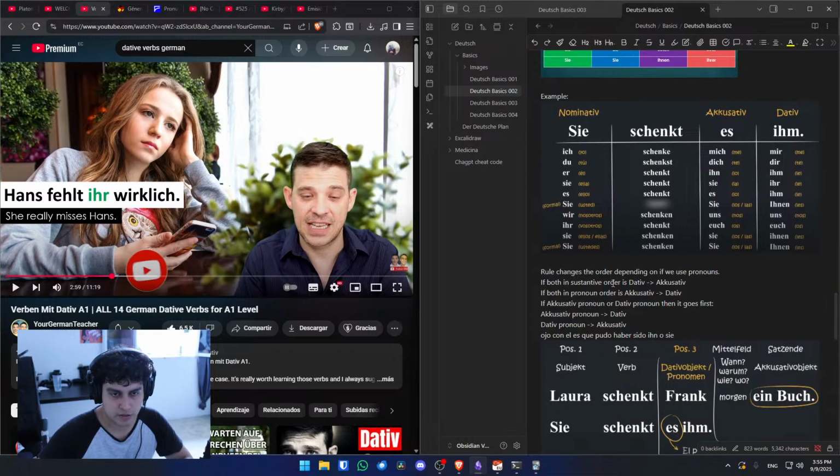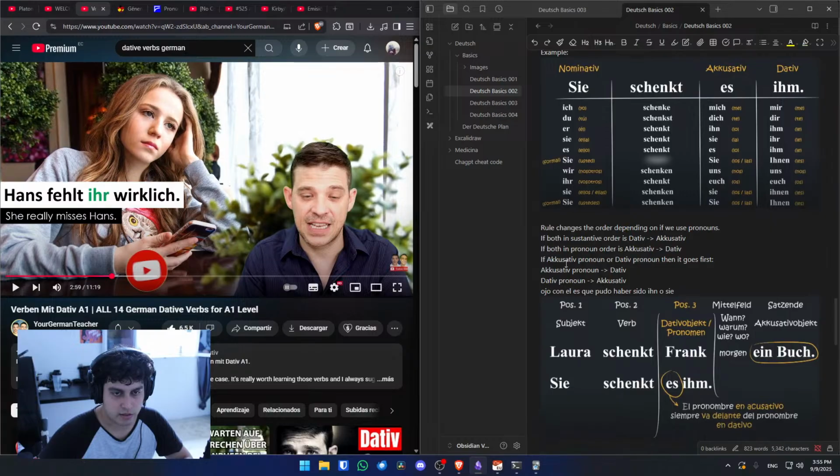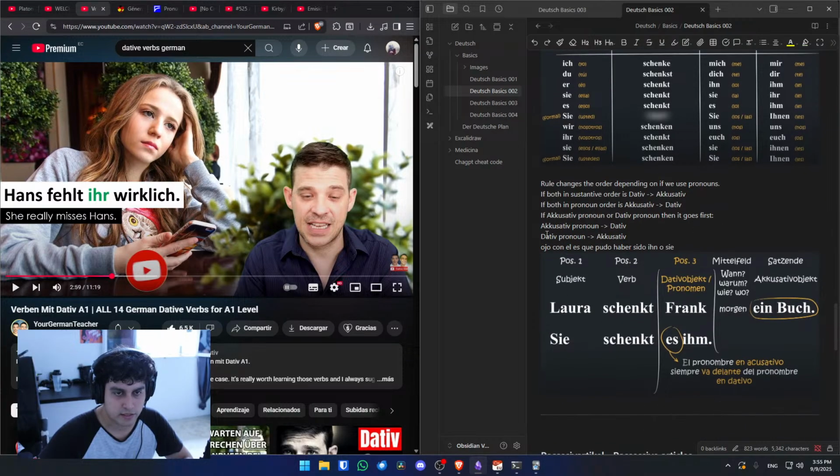If both are substantives, the order is dative first, then accusative. If both are pronouns, the accusative goes first. If it is an accusative pronoun or a dative pronoun, then it goes first.